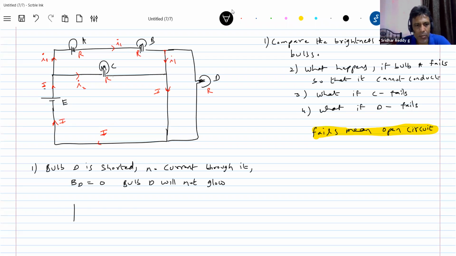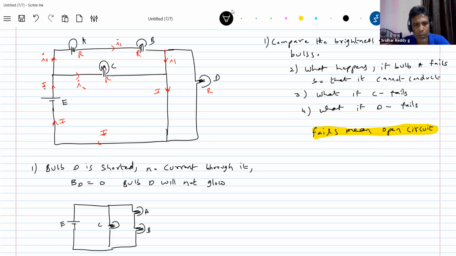I'm asking you to go back and redraw the circuit. This will be the bulb C. The whole circuit now will appear like this. There's a bulb A, B, and C. All the applied EMF will be shared directly by the bulb C, no? And the applied EMF will be shared equally by these two, E by 2 and E by 2.